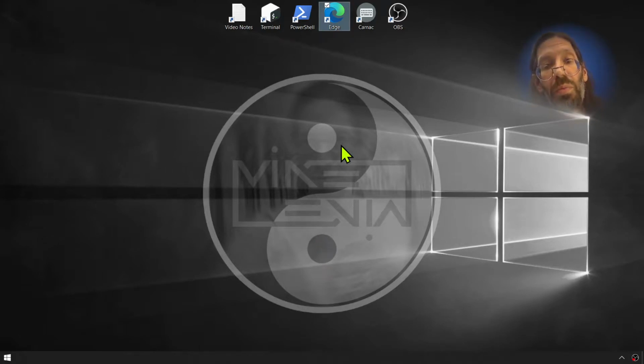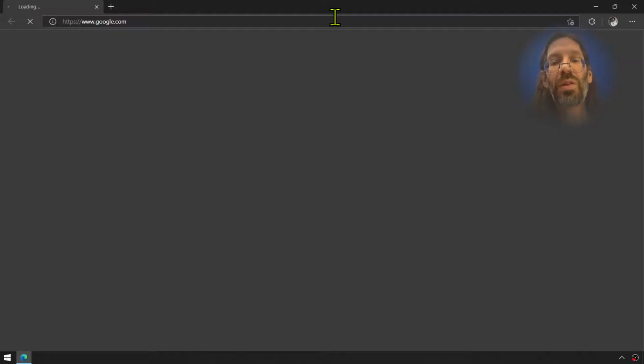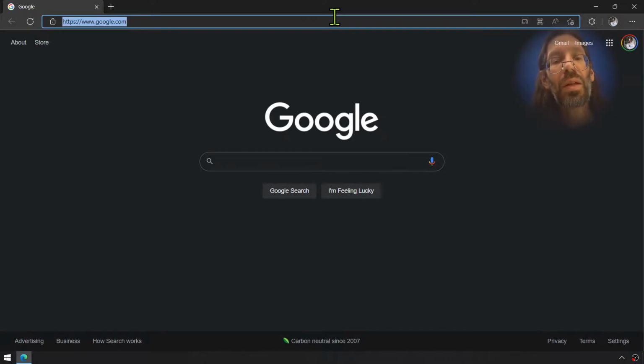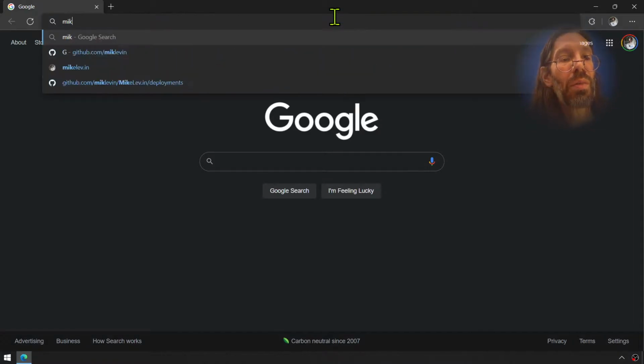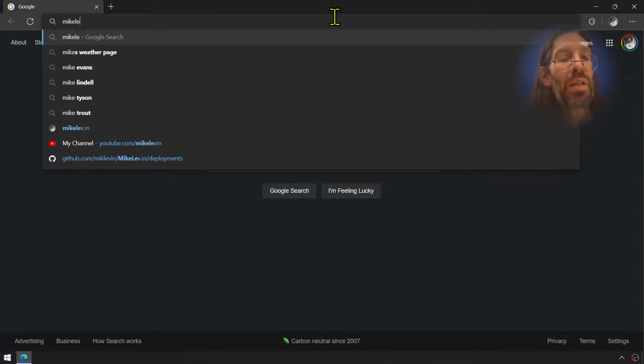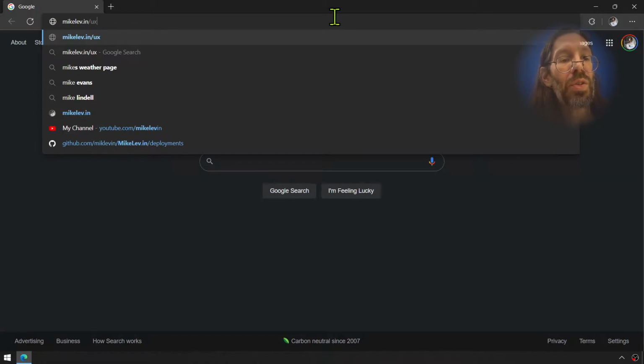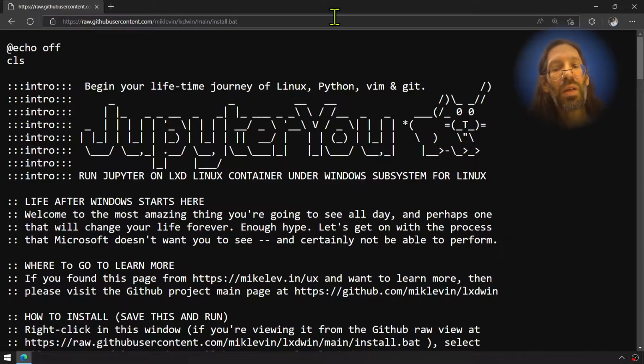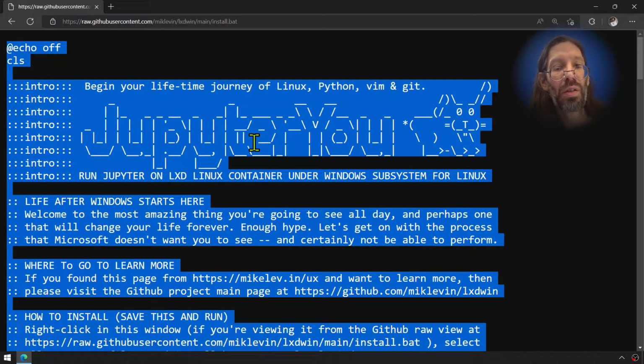Now for something completely identical. We are going to do the Lxd install on Windows, again, on a more powerful machine. So we go to my name, mikelev.in/ux. It will forward you to this location where you can select all, copy,